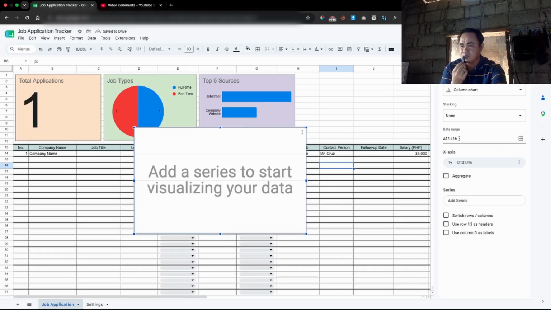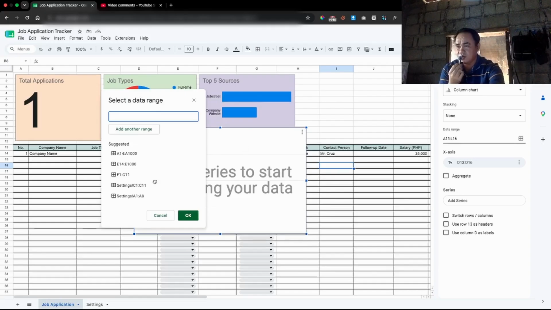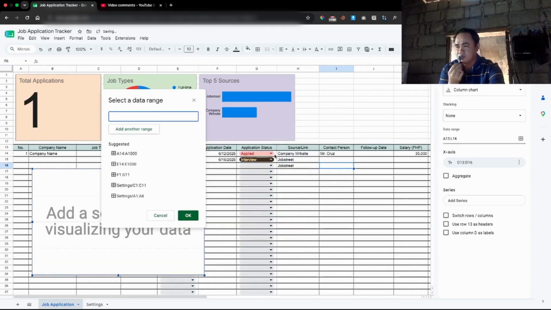Since it's not easy to remove, you can simply replace our data range or the sources. Replace this, and then select the whole application status column. Again, select the first three or four, then select the answer reference, and then click OK.